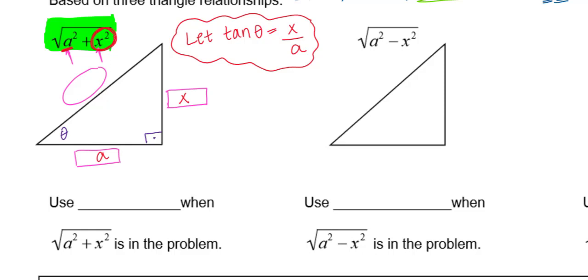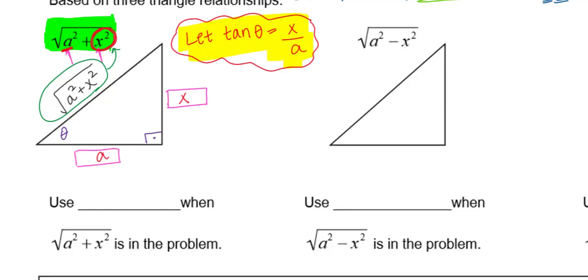And then really take your time and solve the Pythagorean theorem and say, okay, what is this hypotenuse? Well, the sum of the squares of the legs equals the square of the hypotenuse, so I would have to take the square root of it. But again, there's nothing wrong with coming off to the side and saying a squared plus x squared equals that hypotenuse squared. Oh, okay, I take the square root then of both sides. If you ended up with the same square root, or the same radicand, that you have in your initial problem, you know that the trig substitution you wrote is going to work for that problem.